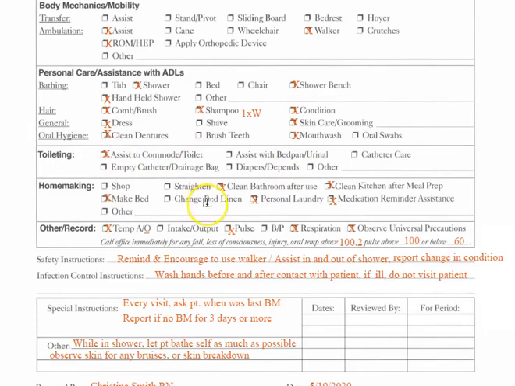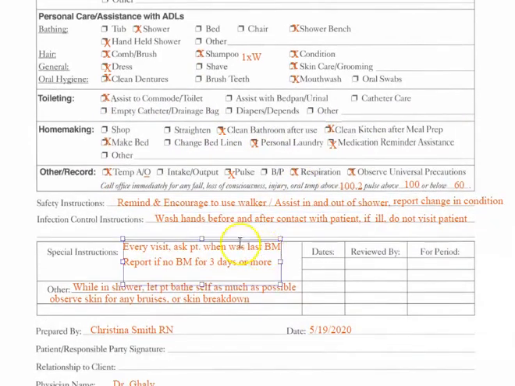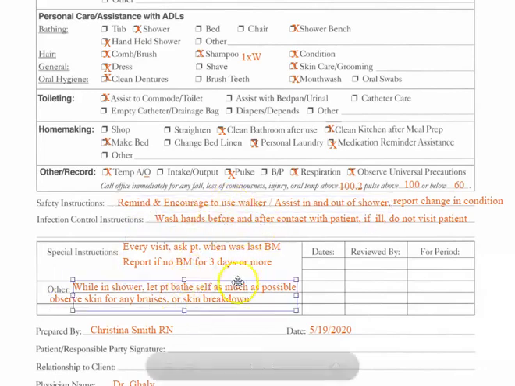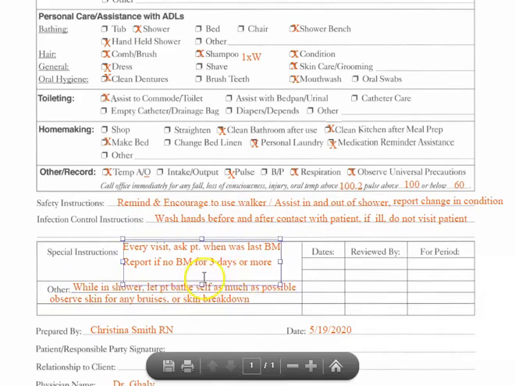What kind of homemaking? Because if you're doing home care, you're expected to do light housekeeping. And so clean the bathroom after use, clean the kitchen after meal prep, and then a little bit other things of safety issues that, we made this up, but remind and encourage to use walker, assist in and out of shower, infection control, wash your hands while with the patient,